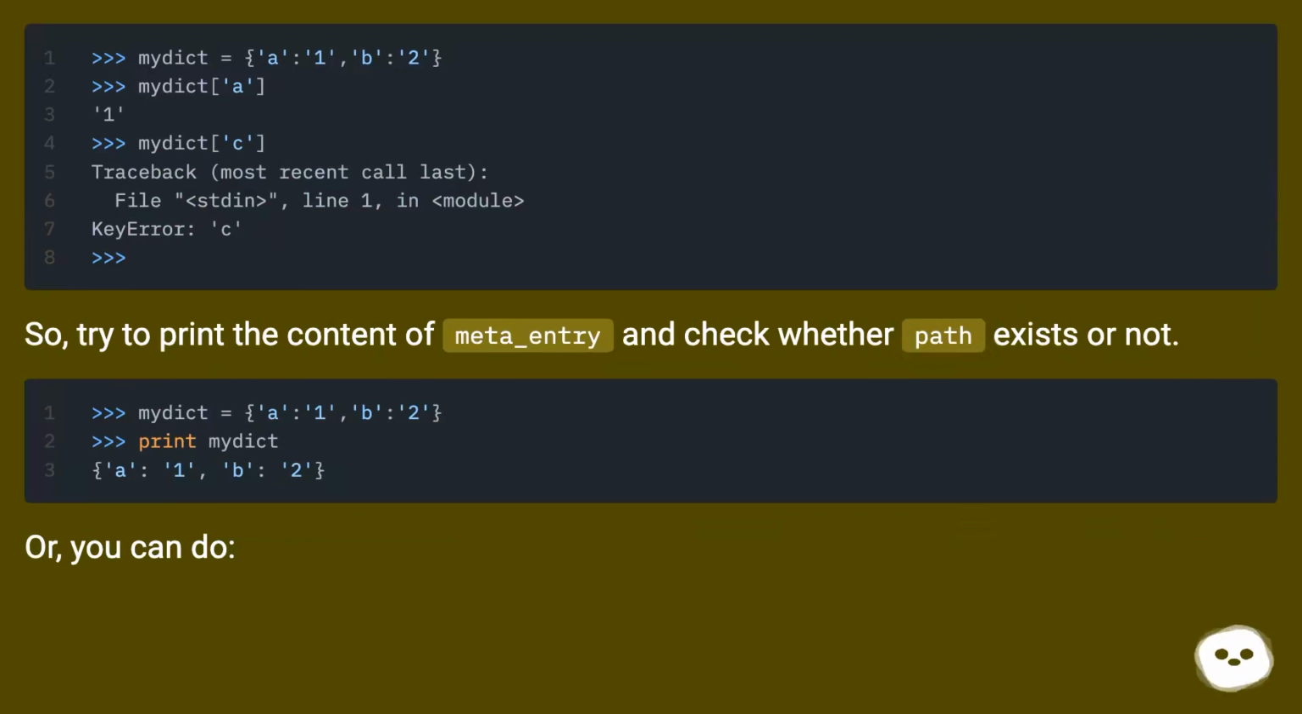So try to print the content of meta_entry and check whether path exists or not. Or, you can do